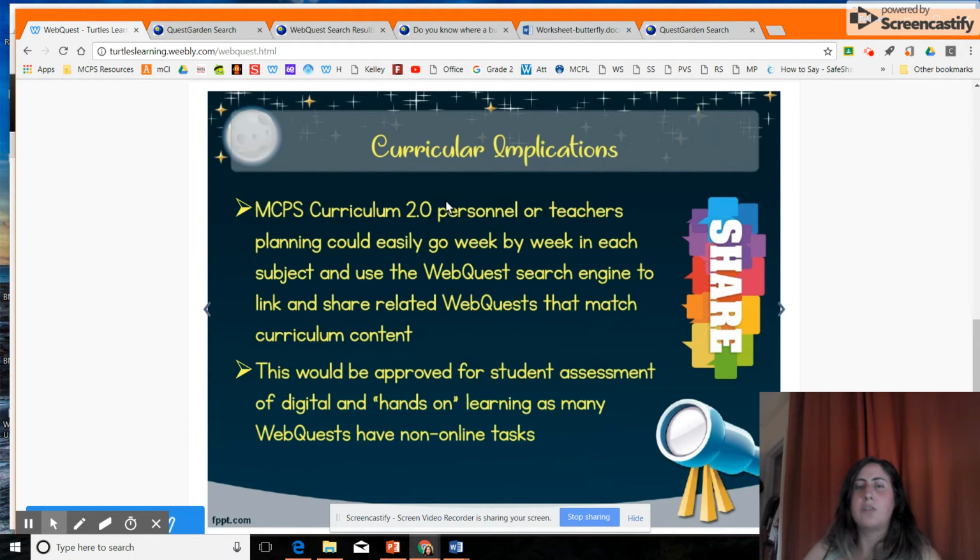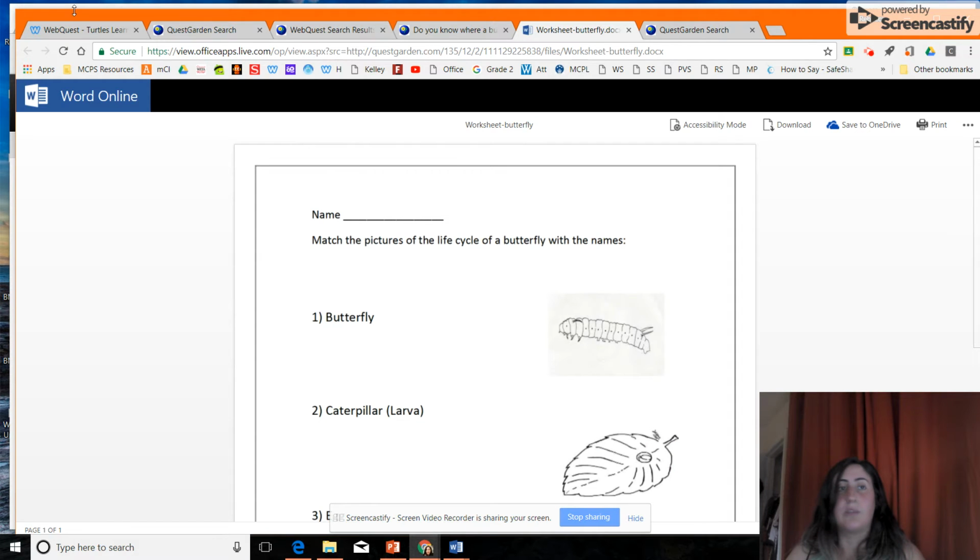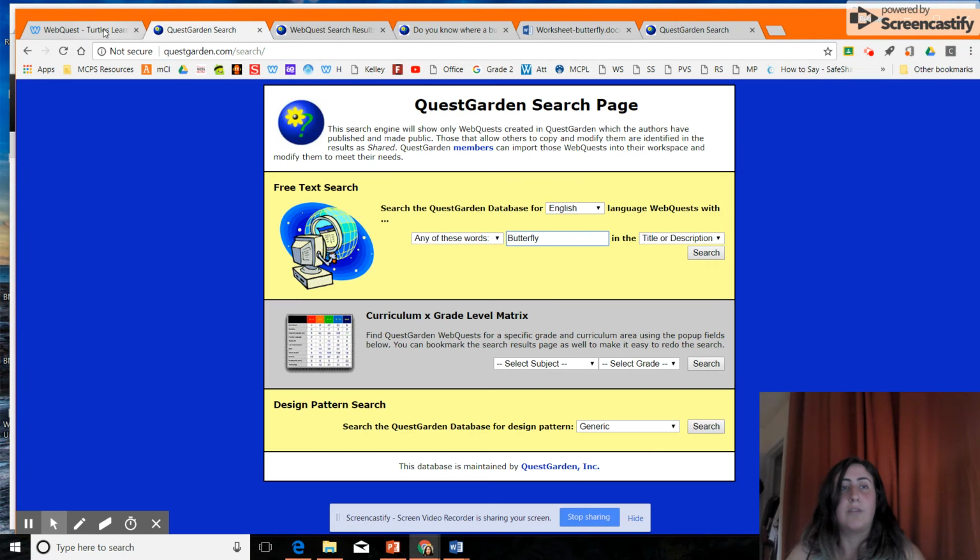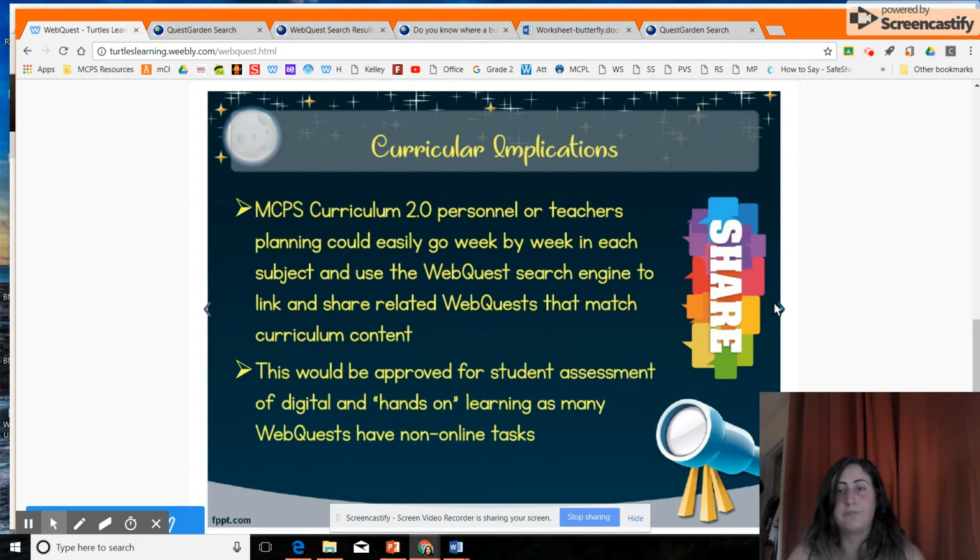So curriculum writers or teachers could easily go week by week and find the web quest that they could embed into the curriculum that would match the content. And it would be student assessments of digital hands-on learning, as many web quests have non-online tasks, like I showed you the one worksheet with a butterfly. So if I go back over here